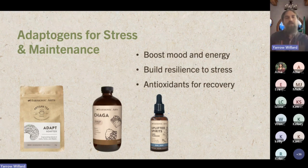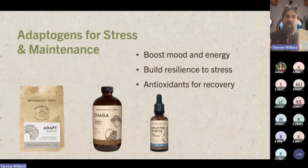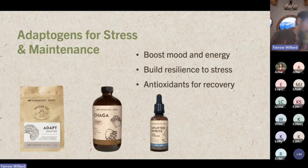And then holy basil, which is obviously just a really nice recovery, stress supportive, upward moving herb. So love this one. Last herb that's in here is reishi mushroom. And as you may have seen from any of our other webinars, reishi mushroom is our herb of spiritual potency and really grounding and connecting and supporting the body with a lot more of that adaptogenic function for supporting the immune system. So here we have reishi, we've got chaga, we've got the uplifted spirits as well, which is